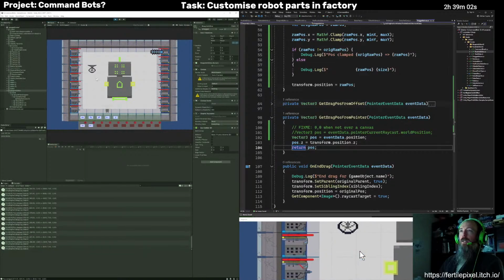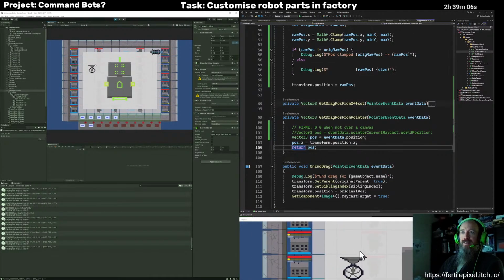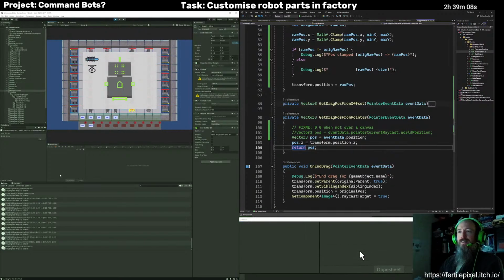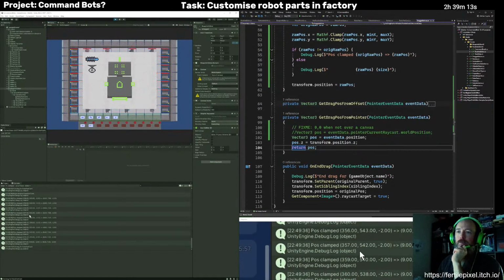Well, that's certainly doing something different. I'm getting. This is not in world coordinates, is it?